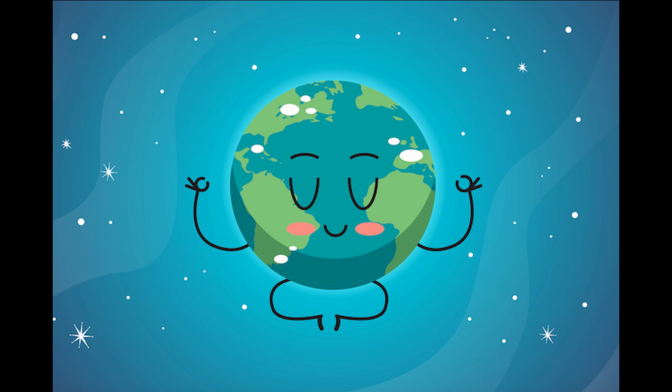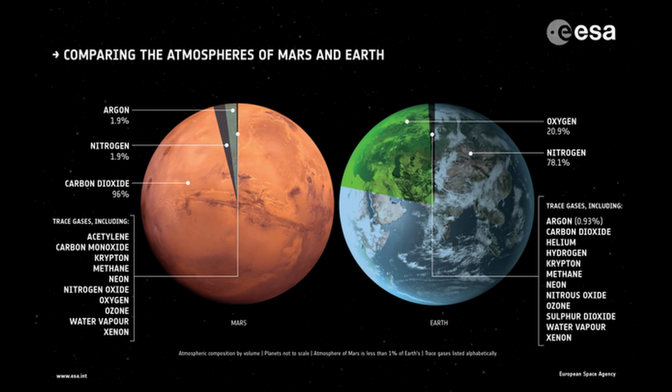Well, I think we need to focus on protecting the one that we have now. Of course, because we can't rely on getting things like 5 light years away. Well, I mean, Elon Musk is working really hard on getting us to Mars. But Mars is missing one thing that I find really important. And that's an atmosphere. Yes, I do like my atmosphere. My atmosphere is one of the things keeping me alive. So I cherish it. Especially if one slip up, like not realizing a hole in the spacesuit, could kill you. It sounds dangerous and not fun. And I also don't like how it looks. Red is one of my least favorite colors, so...